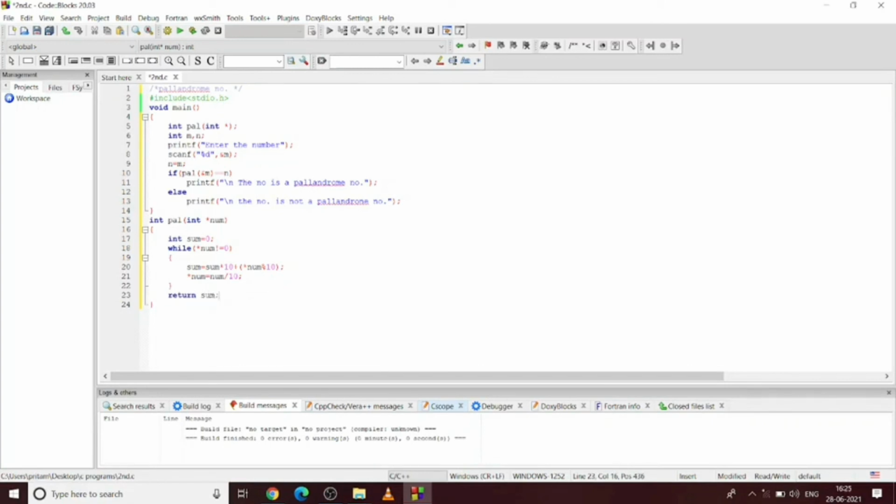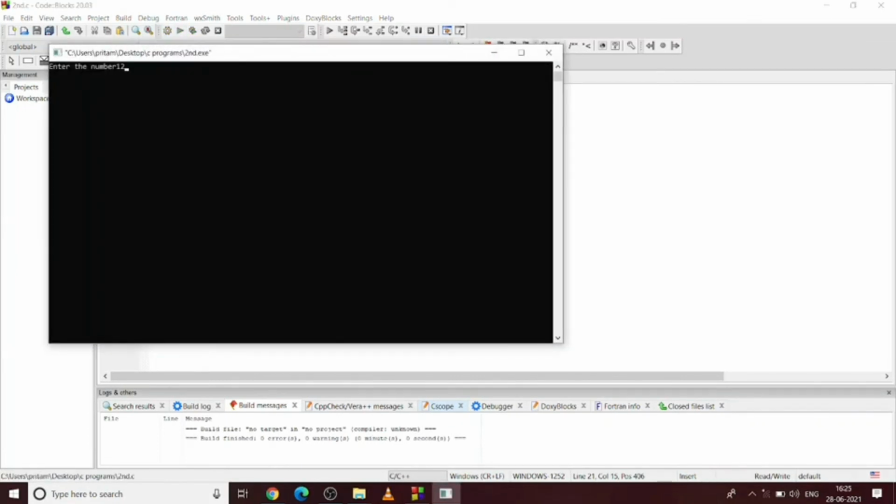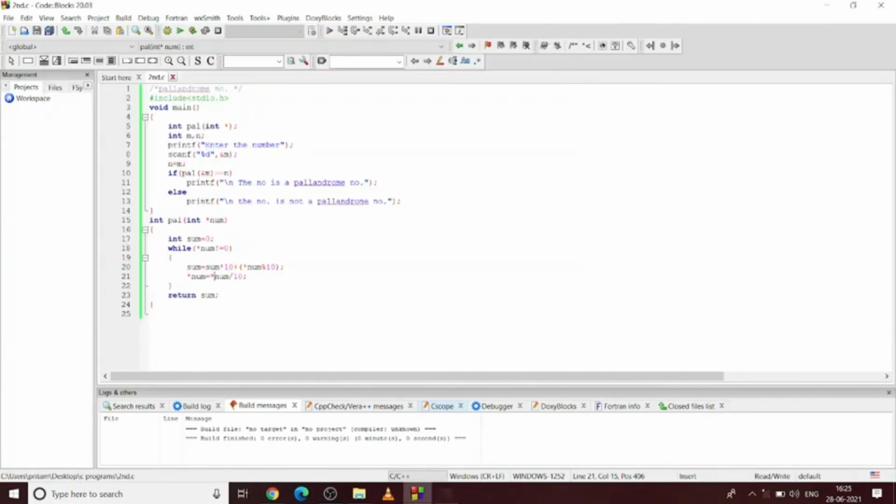Return sum. Okay. So error. We didn't put star num over there, that's why. Okay. 121, that is a palindrome number.